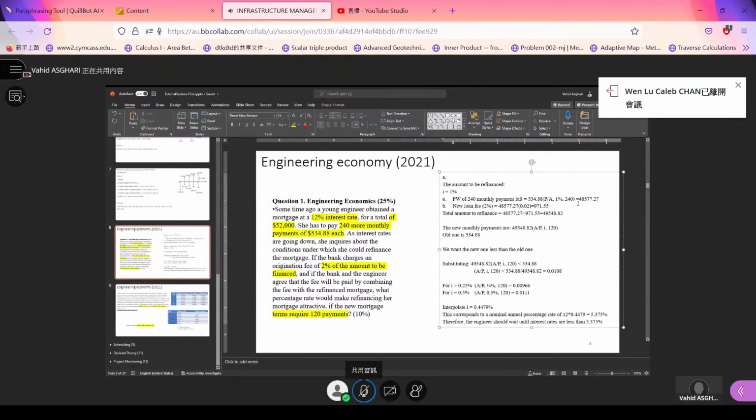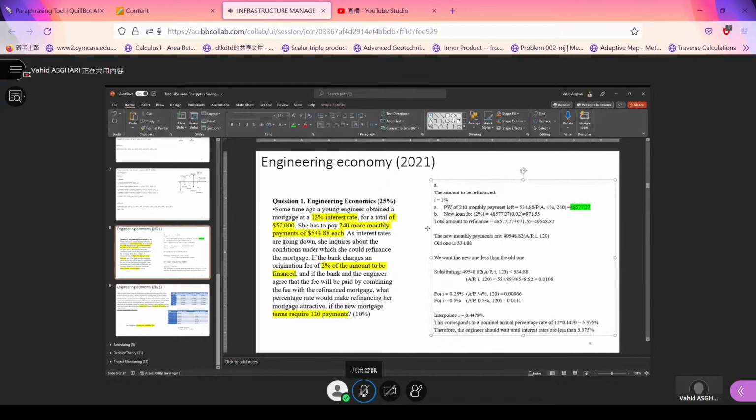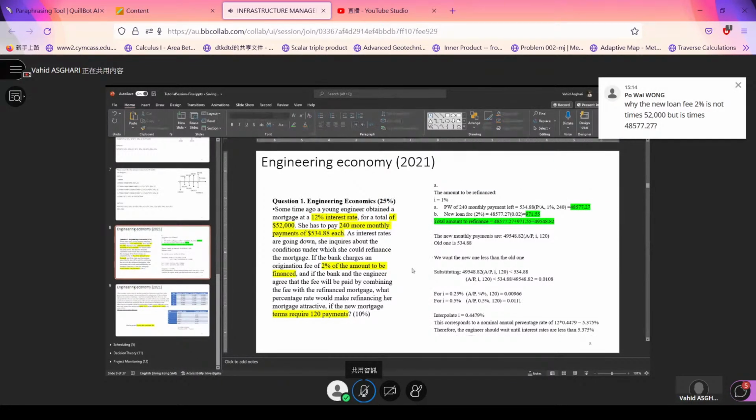So now we know that the present worth of the first cash flow is this number. I'm not going to write it. Let's talk about it like this colored. So the new loan fee is going to have 2% to be refinanced. Okay, and the cost will be $971. And the total amount to refinance is the sum of these two numbers. Now the lady, the engineer,